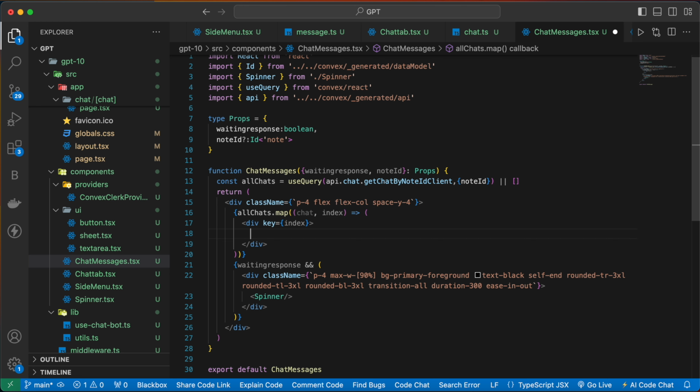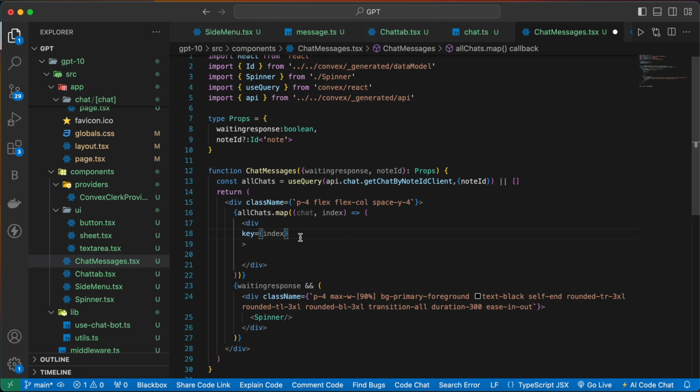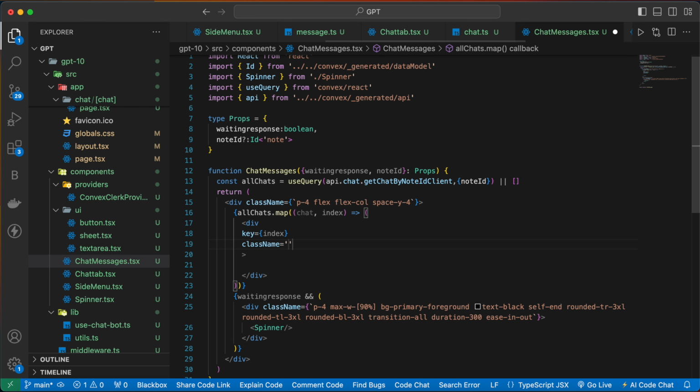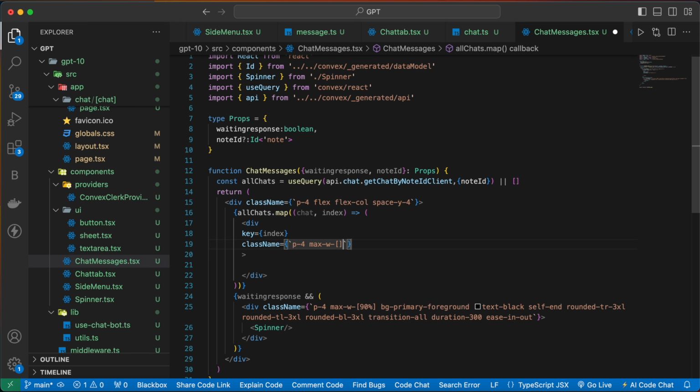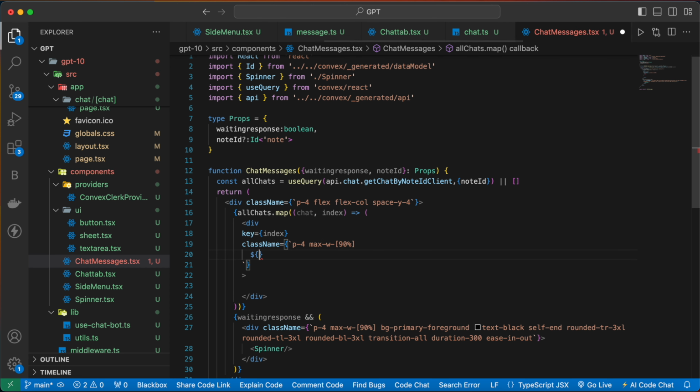and here we can write. Okay, so remove this as well, and here we can add some more things. So key we have already defined. Now after the key we are going to add a class name over here. Okay, p-4 max-w-[90%]. Here I'm going to use ternary operator. So if chat.by is equals to user,